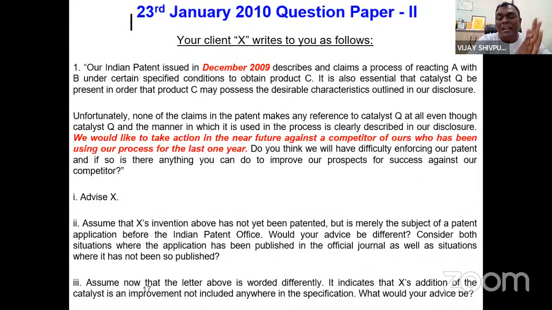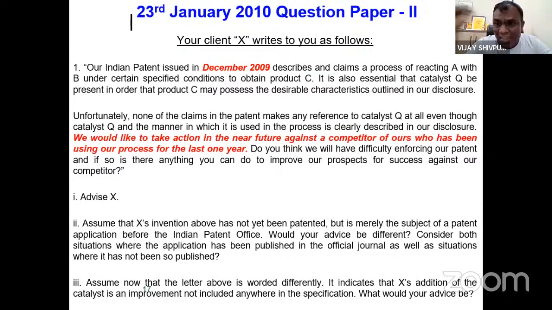Let us go through this interesting question from the 2010 question paper. This was asked by one of my students a few days back, and we discussed this specific question. The question is case-based. There is a patent granted in December 2009. The question paper is of 23rd Jan 2010. The patent describes and claims